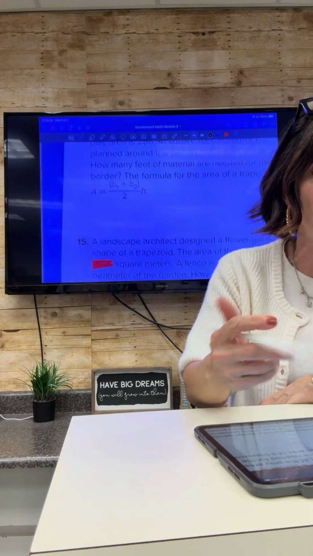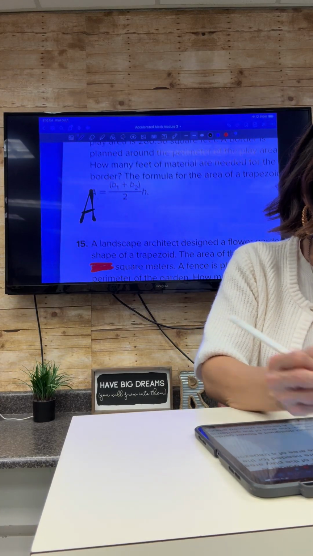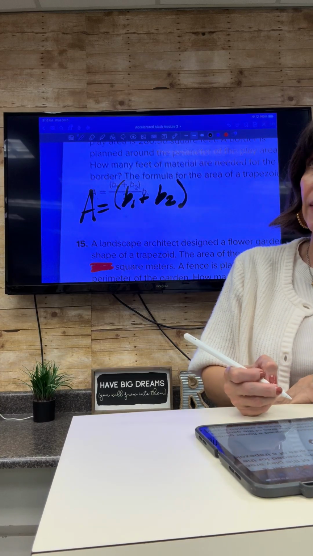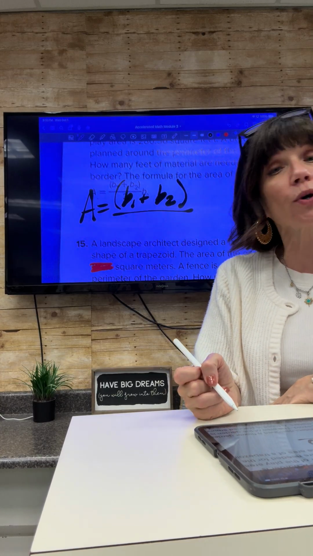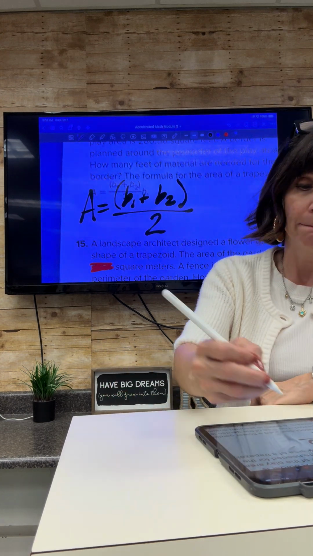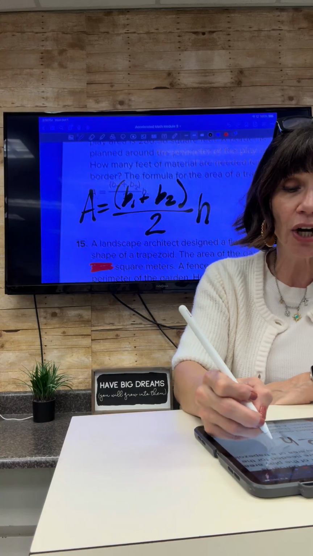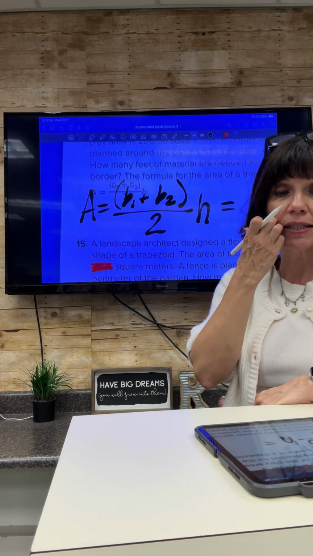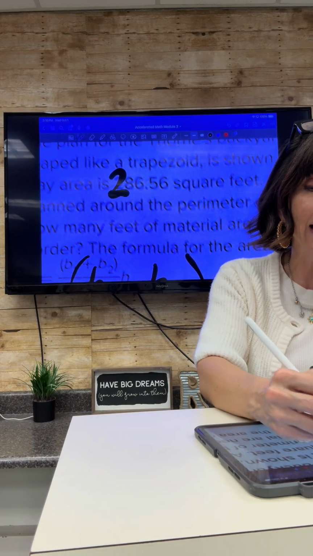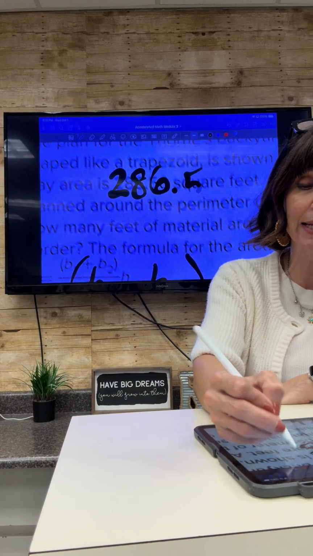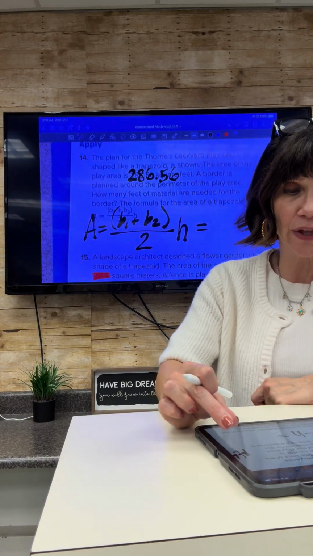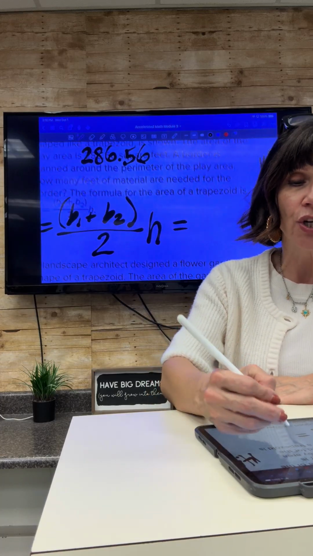Everybody write this area formula down. A equals base 1 plus base 2 parentheses over the top of, or divided by, what? 2, and then multiplied by what? H. Now, did they also give us the total area number in this problem? Yes. They said it was 286.56 square feet. So after the H, I'm going to write equals